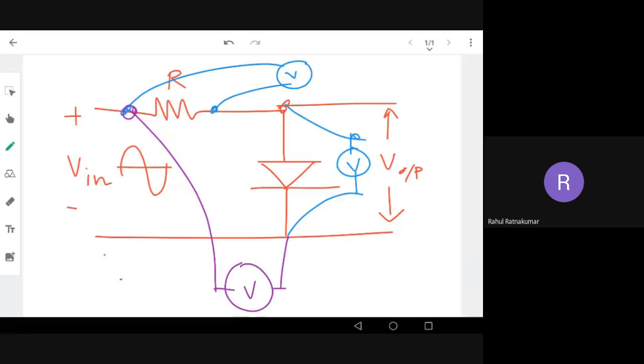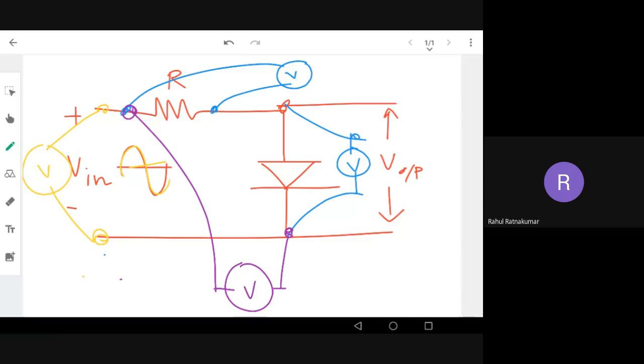So for any point of the circuit, if one asks, you should be able to tell that this is the output from this point to the ground. Across the resistance, this is the voltage. Across the diode, this is the voltage, and this is the output voltage because that is the same as the diode voltage. The same way you can appreciate the sine wave input, that is the voltage across the input point. This is nothing but a sine wave. So this sine wave input has an effect on each of these components, resistor, diode, right? So you should be able to.